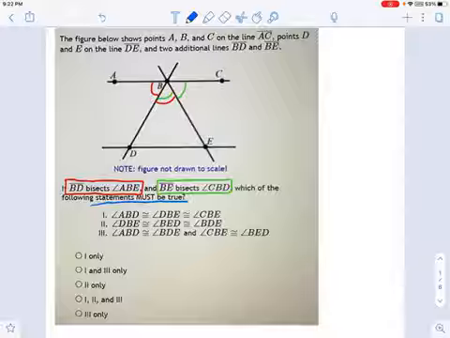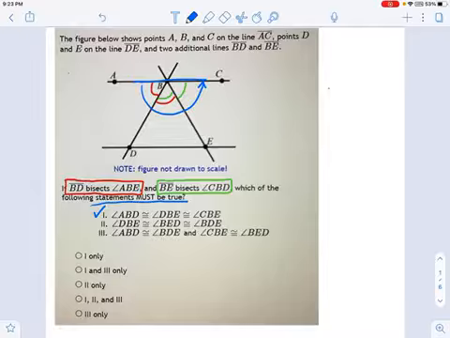Well, one of the statements says ABD, DBE, and CBE. Okay, so one of the statements is basically me just saying that. All the angles, the red and greens, are equal to each other. And what's another thing here? DBE is equal to BED. Now we're getting into some interesting stuff. So if those angles are all equal, and remember they form a 180-degree arc total, because it's a straight line, so if they're all equal and they form a 180-degree arc, that means they're all equal to 60 degrees. So that's kind of interesting.